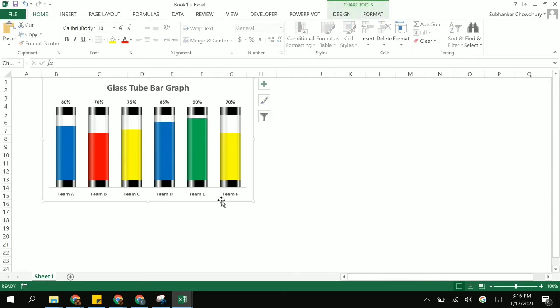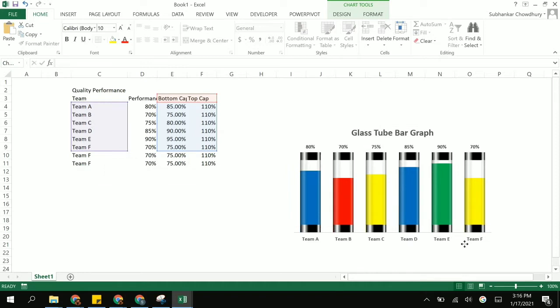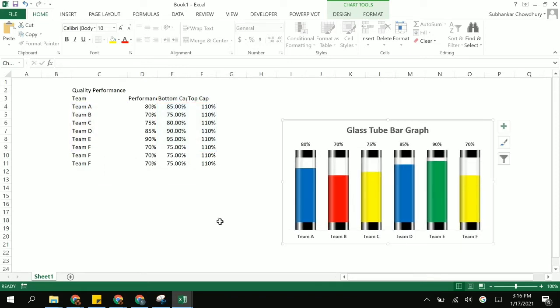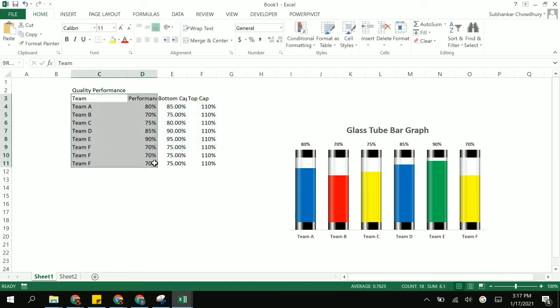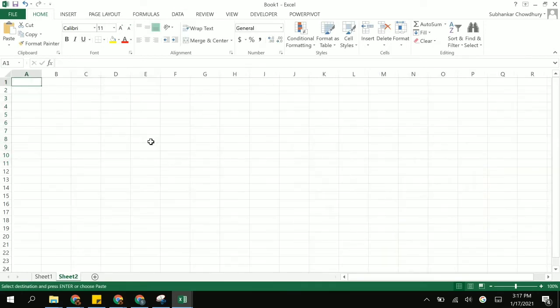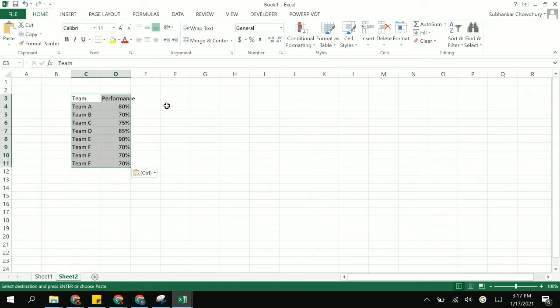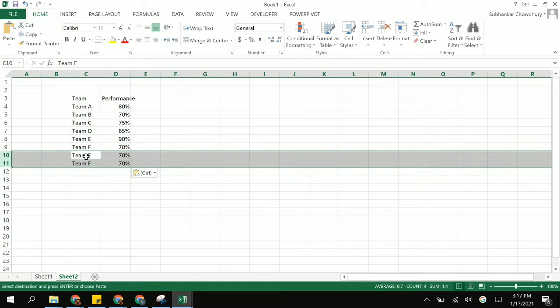So the data for this graph is right behind this. I'll recreate this graph for you in this video so we all know how to deal with it. Let me quickly add a sheet here, and I'm going to only copy this data, which is the actual performance. So let's say I have these teams.